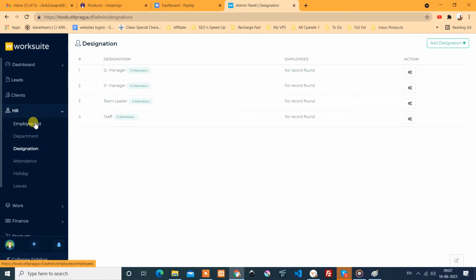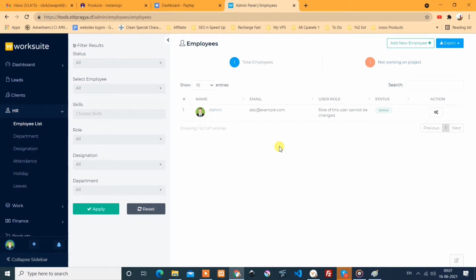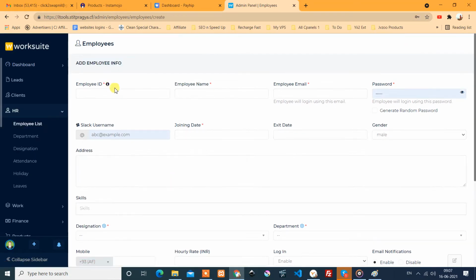So let's go to the employee list. Currently, we don't have any, only one employee, that is the admin. So I will add a new employee. Okay, we give the ID, which uniquely identifies the employee in the company. So let's say ABC company, ABC 02 is the unique identification number for the employee.